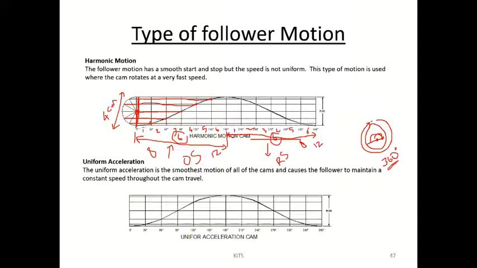So join these points with a curve, not with a straight line. Similarly this side: fifth line with the fifth, fourth line with the fourth, third line with the third, second line with the second, first line with the first, and the last bottom with the bottom. Connect all these points with a curve.